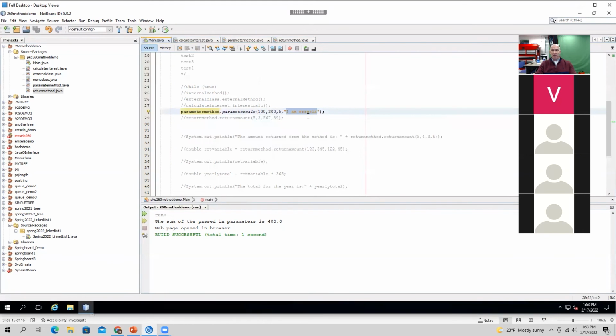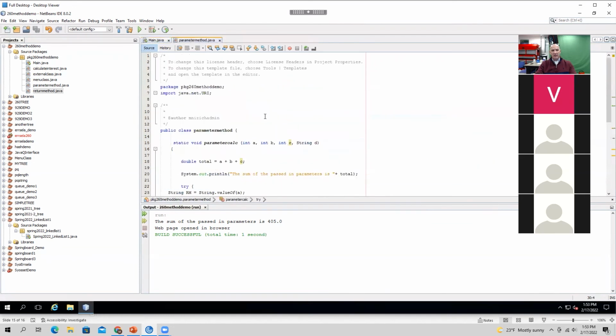And the question should be, how do we do that? Let me explain. If we bring up the parameter method, what you're going to see is that in the beginning of the class, we name the package that we want to use, but we also import in java.net.URI. Java.net.URI is a class or a package in a class, combination of the both. That's pre-written. It's pre-established. It's accepted by Java as part of its core package.